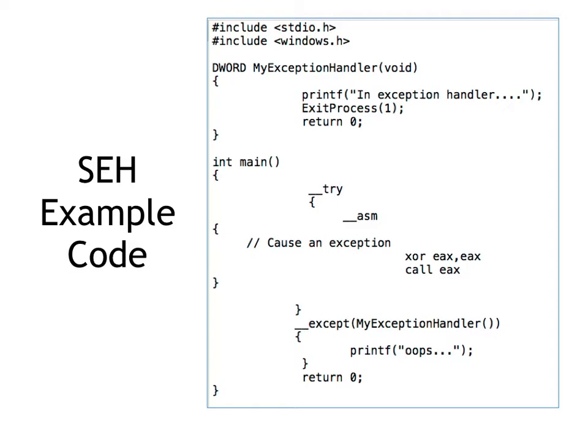So here's what this code looks like in C. I didn't even know C had try and except. I know Python does. You can have __try, then cause an exception here. This will do an XOR of EAX with EAX and then call EAX. So it will try to call location 0, which is not legal. And then you have an exception here that will print something, "oops." So instead of just dying with a Windows error message, it will just print oops on the screen